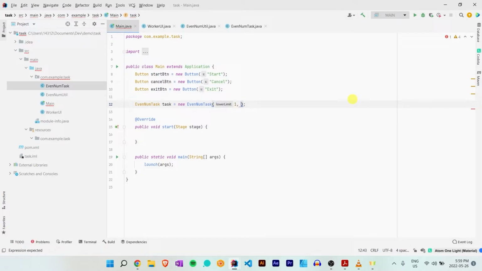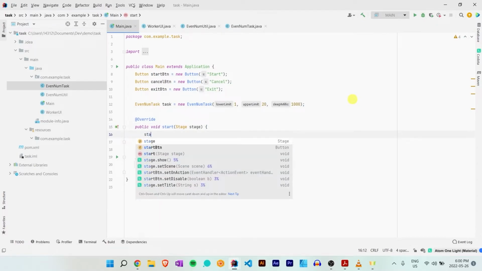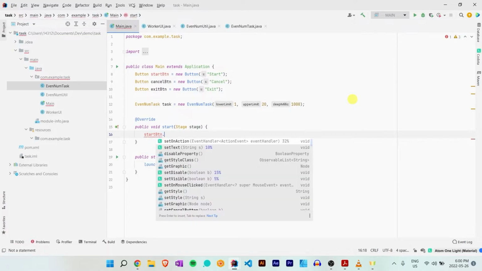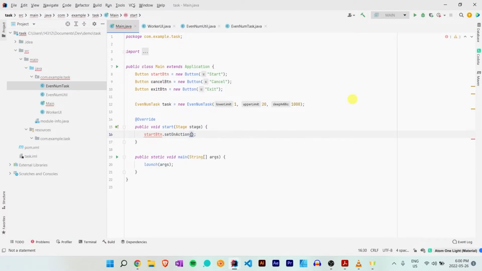So I want to start from 1 to 20, and I want to sleep for, let's say, 1,000 milliseconds each time. And then here I'll say startButton.setOnAction(e ->